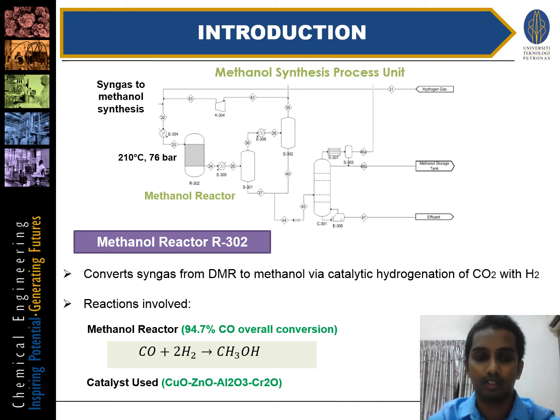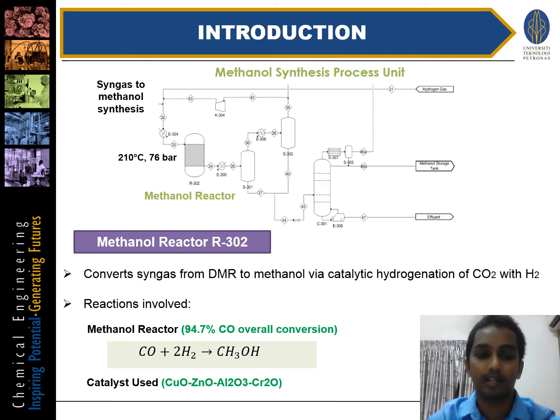As for the introduction, the main purpose of methanol reactor R302 is to convert syngas from DMR to methanol via catalytic hydrogenation of CO2 with H2. The reaction involved in this process is 1 mole of carbon monoxide together with 2 moles of hydrogen to produce 1 mole of methanol. The overall carbon monoxide conversion in this process is